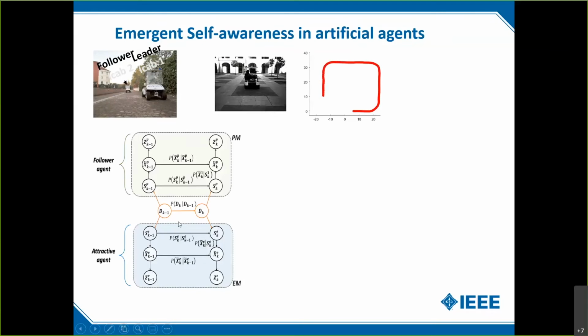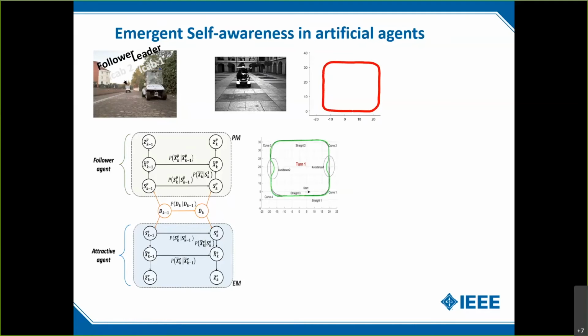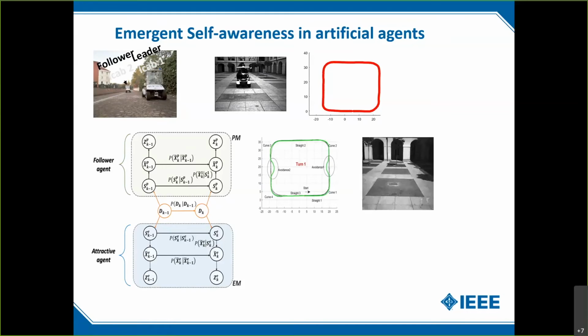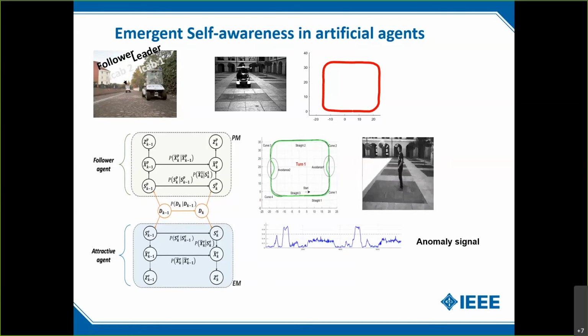One of them, at the bottom left here, is an example of a model composed of different variables that can be learned by observing a given initial experience. But now the problem is that we want to live in real life, and if we want to have emergent self-awareness, when something different occurs, for example when one of the vehicles on which we are concentrating the self-awareness part meets some abnormalities, here a pedestrian, while doing the same job, we would like to be able to capture abnormalities from this model.